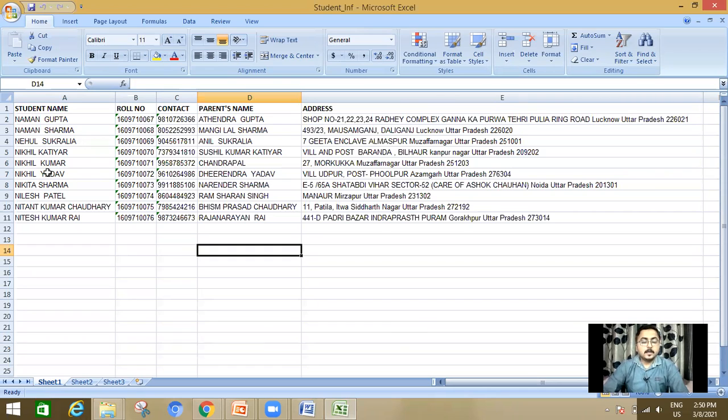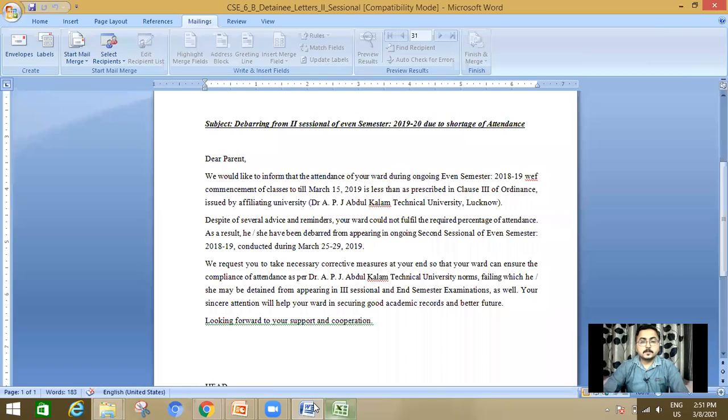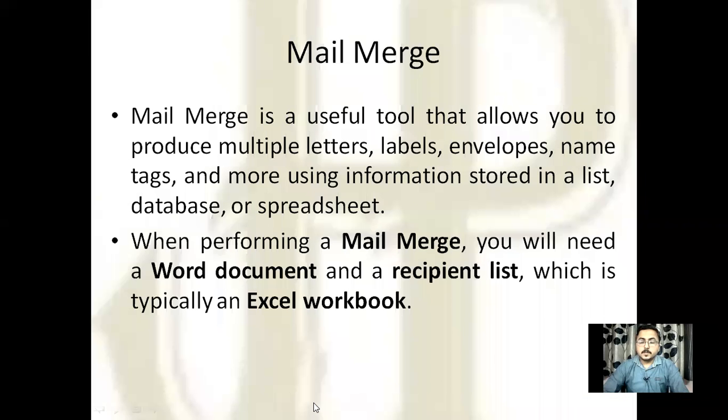Here I stored student name, their roll number, the contact, their parent name, and after that, the address. Okay. Now, both documents are done by me. Now, I am going to start the mail merge. So there are mainly 6 steps.